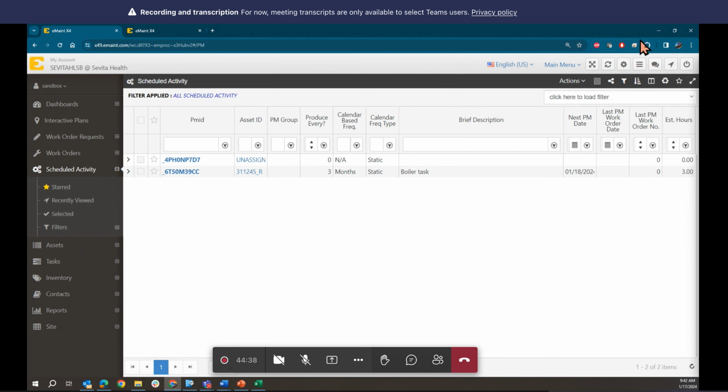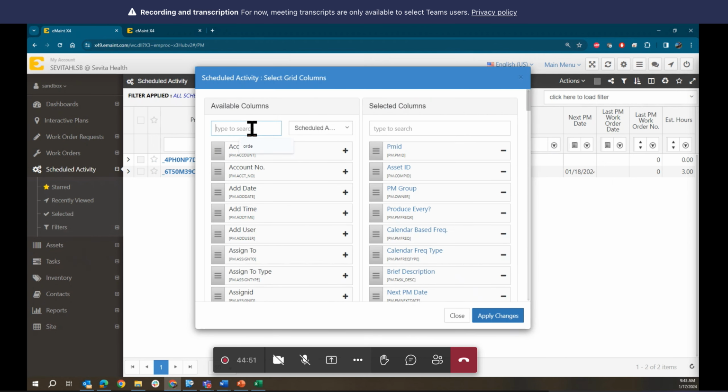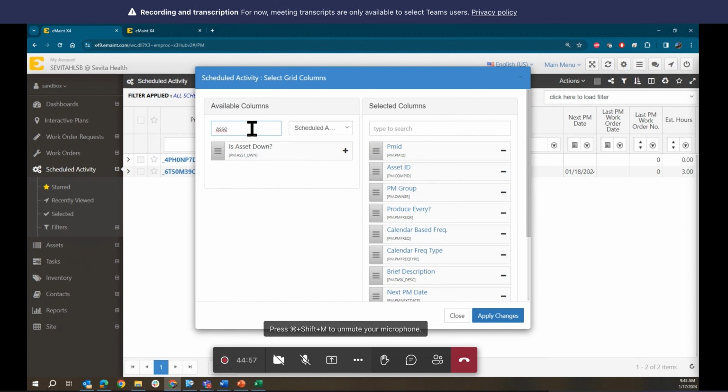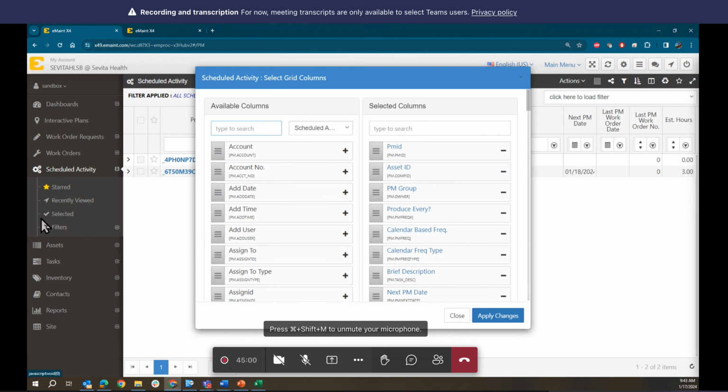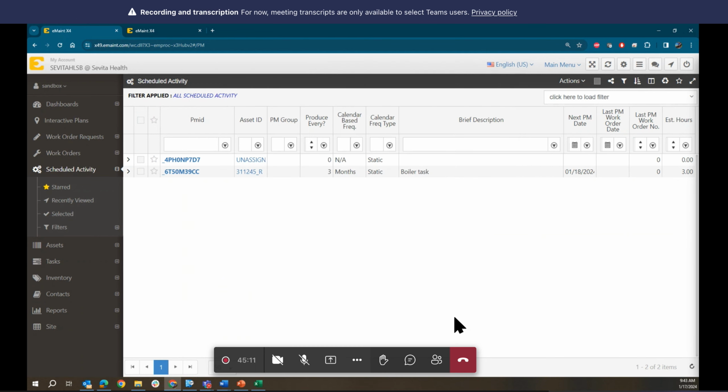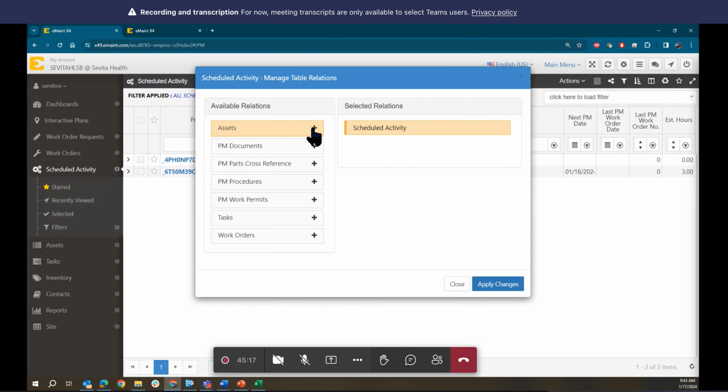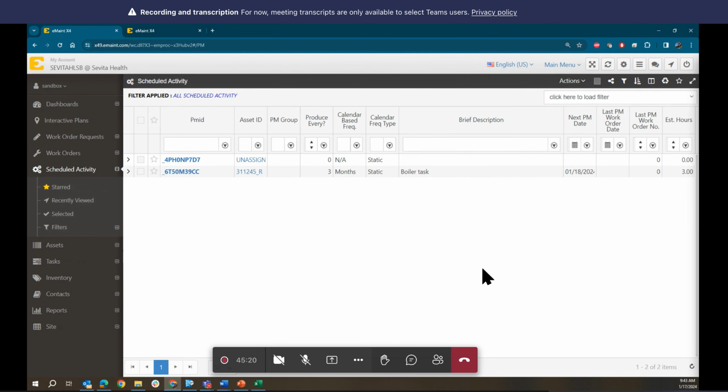Remember yesterday that I mentioned that with this manage table relation, we can add information from another table. If I click here, I don't have the asset description, because it's part of the asset table. So we can add that information using this option, because we don't have the asset table in the list here. So we can do this manage table relations, assets, apply change,